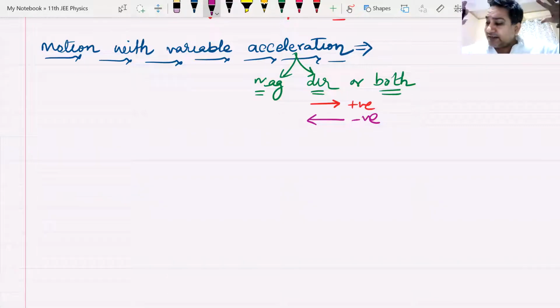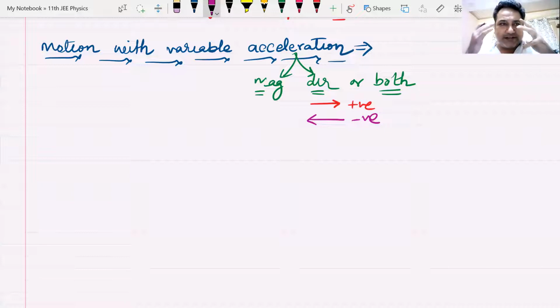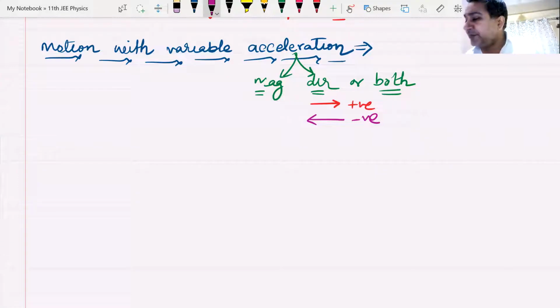Can I have some raised hands that we understand this, sir? That we don't have any doubts on this. We understand that acceleration is going to change now. Now, when acceleration changes, some equations that we are using are not valid now. So first of all, let us write those equations which are not valid anymore, so that we remember this. What is the first equation which is not valid?